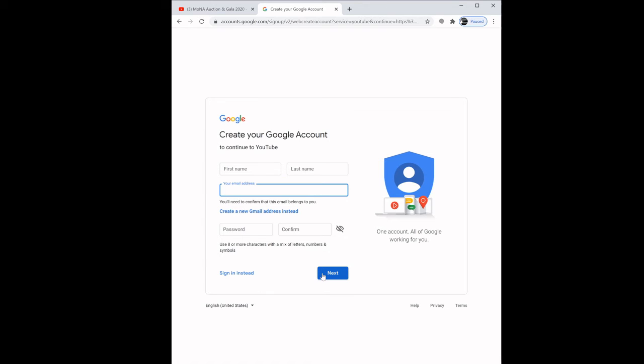Now, when you click next, it's going to prompt you to enter a recovery email and user information. Enter a recovery email that you can access. Okay, you guys? I once put in a recovery email address that I forgot the password to. It got really complicated. Don't be like me. Be smart. Put in a recovery email address that you know the password to.